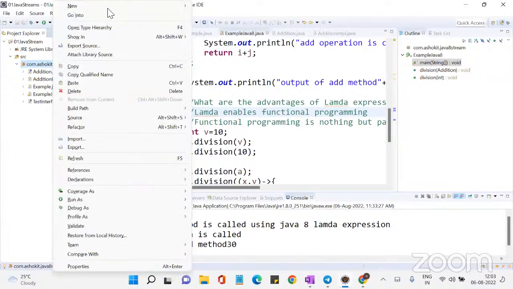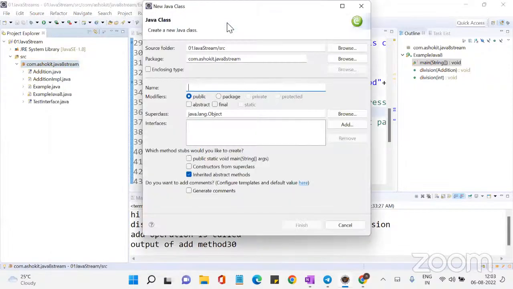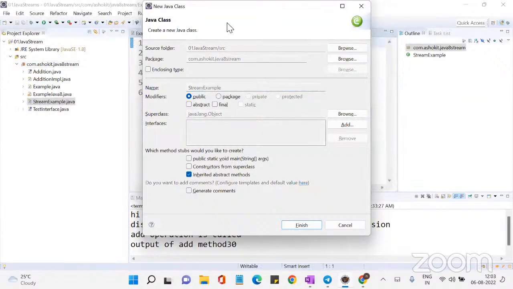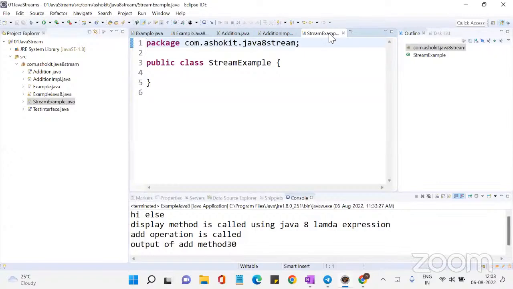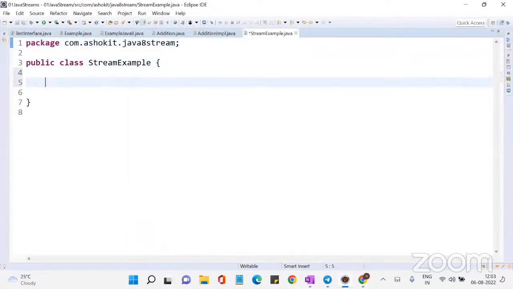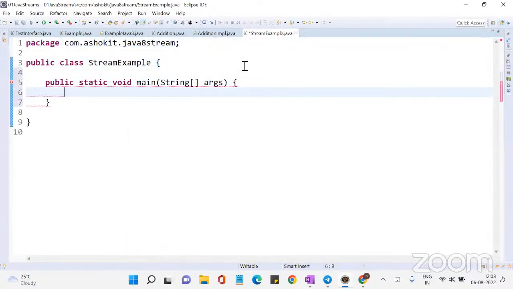In the meantime, let me create a class. I'm just writing a class called StreamExample. Okay, let me write the main method. So the stream is nothing but a